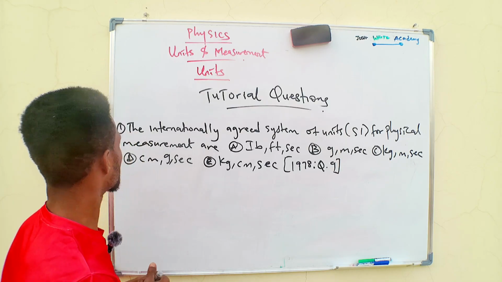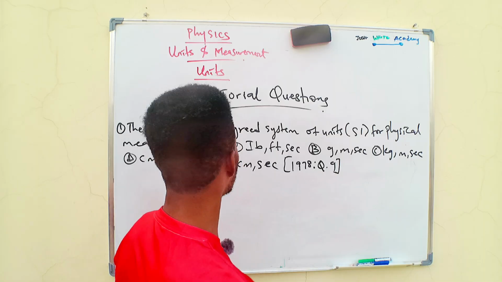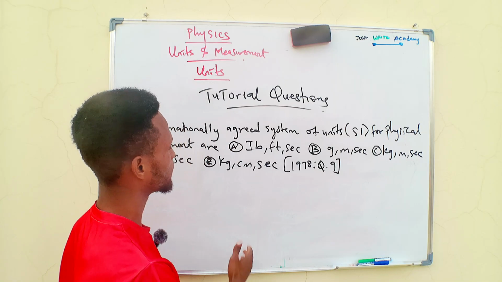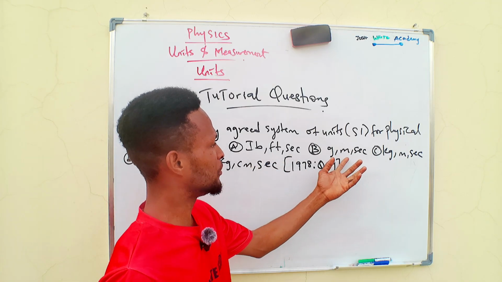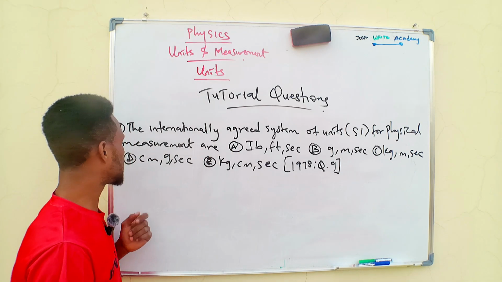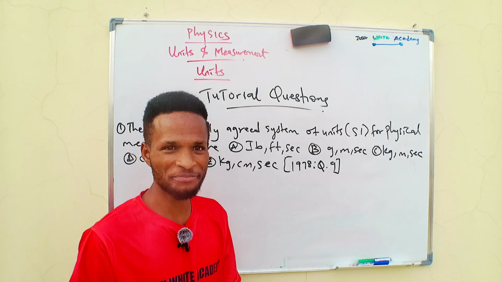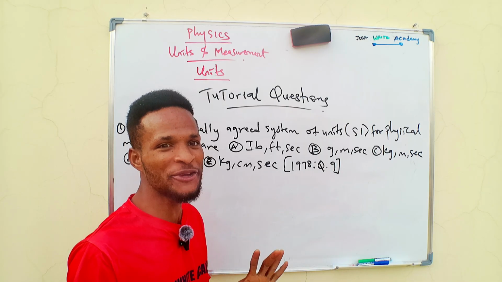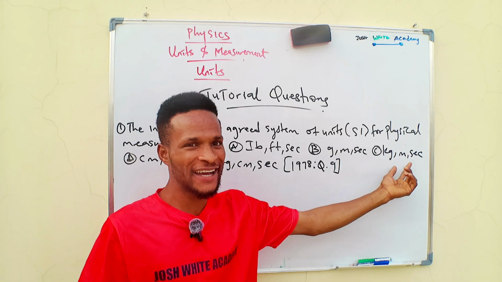Let's assess this question. The internationally agreed system of units, SI, for physical measurements are: A. pound, feet, seconds; B. gram, meter, seconds; C. kilogram, meter, seconds; D. centimeter, gram, seconds; E. kilogram, centimeter, seconds. We've already answered this during the class, that the SI unit for mass, length, and time is kilogram, meter, and